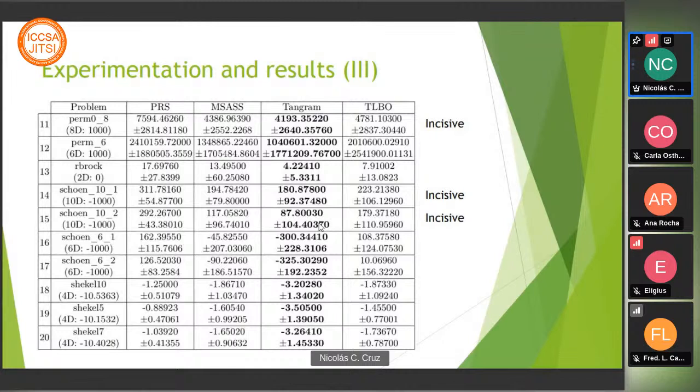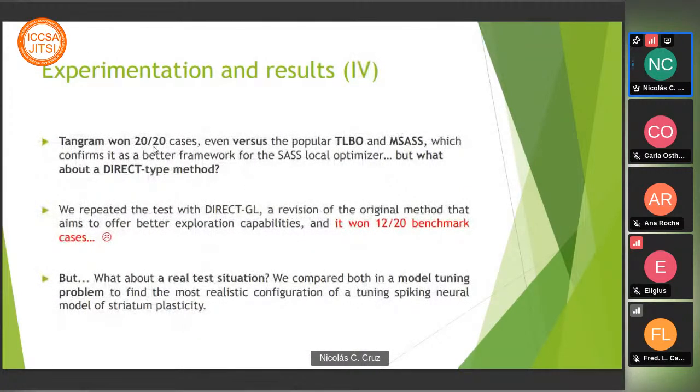We made an internal experiment of launching Tangram in the standard mode here too by bypassing the selection, and without the incisive mode, it failed. It is outperformed, I think, by TLBO and MSAS. So the incisive mode effectively makes it adapt to the worst scenarios for this kind of method. So then Tangram won 20 of 20 cases, and we were very happy, but we also take inspiration from